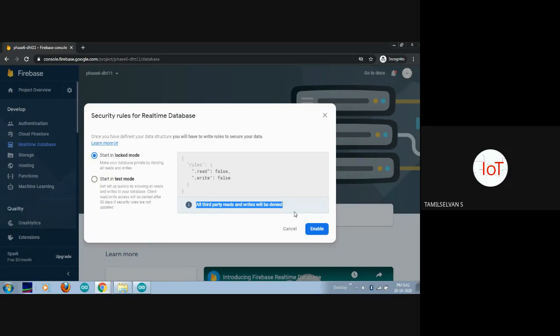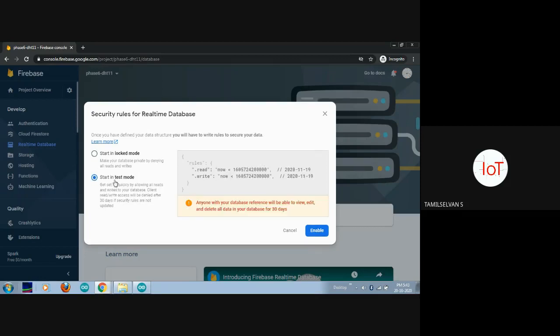After doing many projects, and after creating your own database, sorry, your own app kind of things, then you can proceed with this particular mode. But as of now, we are in the learning stage, so we have to use all the third party applications, whichever is possible. So for that, you can click onto this start in test mode. The test mode allows all the data to be read and written. So whoever knows this particular database URL and the host ID can easily read as well as write data into this particular cloud.